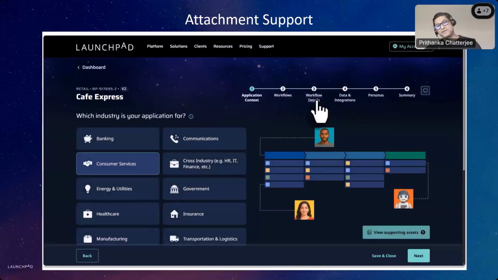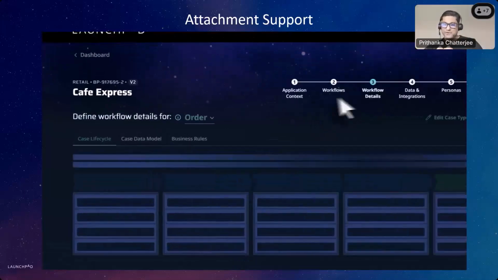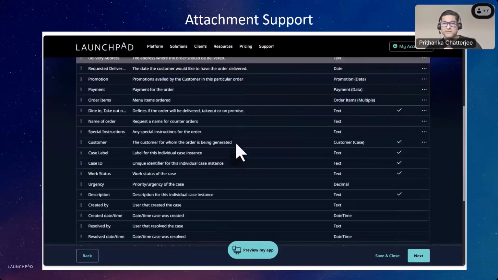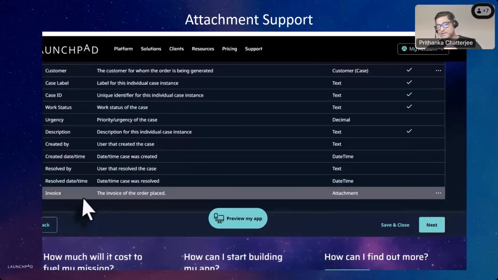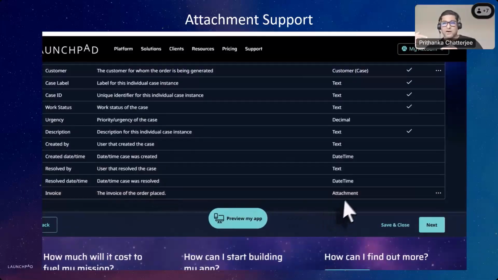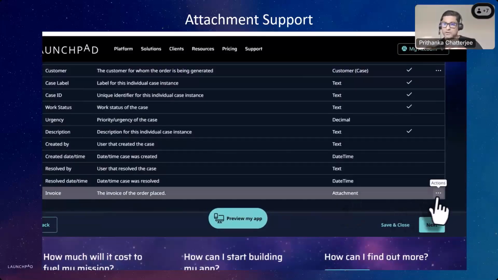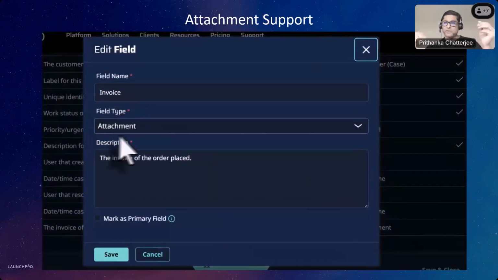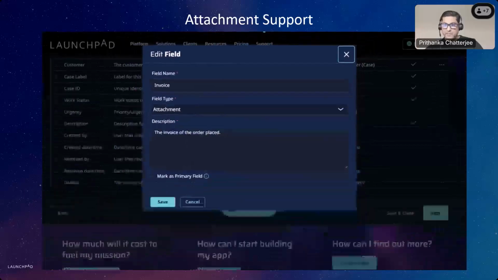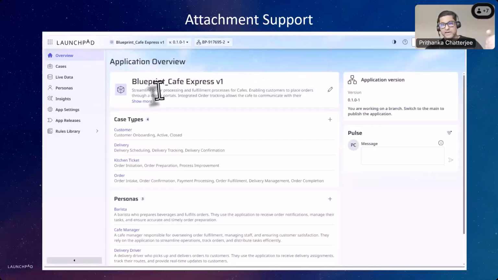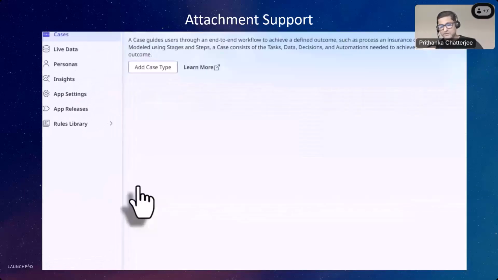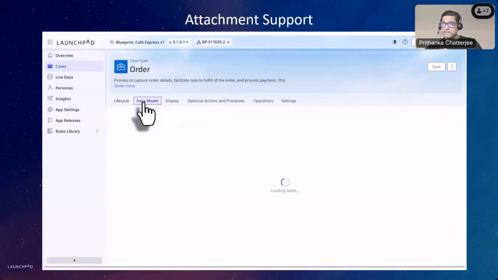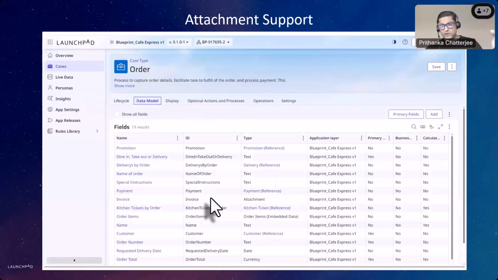Now while you're creating a blueprint, as you create your data model, you have the ability to select different kinds of property, right? An integer, a text, and so on. Additionally, you now also have the ability to set up attachments as fields. You can configure a field, set its type as an attachment, and it gets configured as part of your data model. And then this entire structure gets replicated into your application when you import the blueprint into your